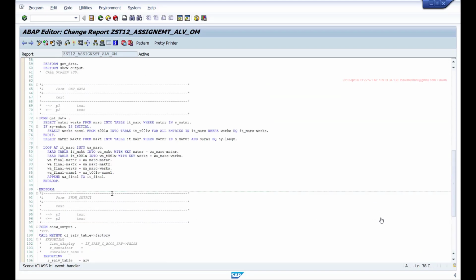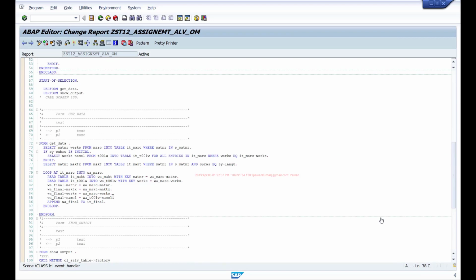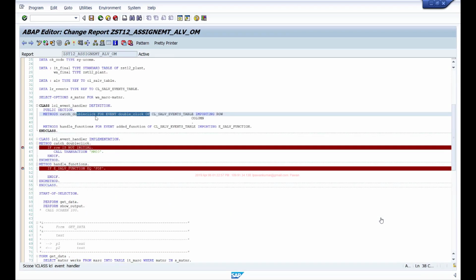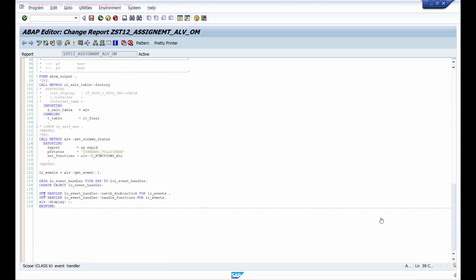Okay, so just practice. When you look at the video, you may find it a bit confusing with so many things happening, but just write this program on your own and define those local methods and handle the events, then you'll be very comfortable. So whenever you're handling events, two things you have to do. You have to first define an event handler method with this syntax. So when you're defining the method, you say for event, the event of the class, and if that event has any exporting parameters, then you should import them, and then you have to set the handler for that event. Only then that event will be called.